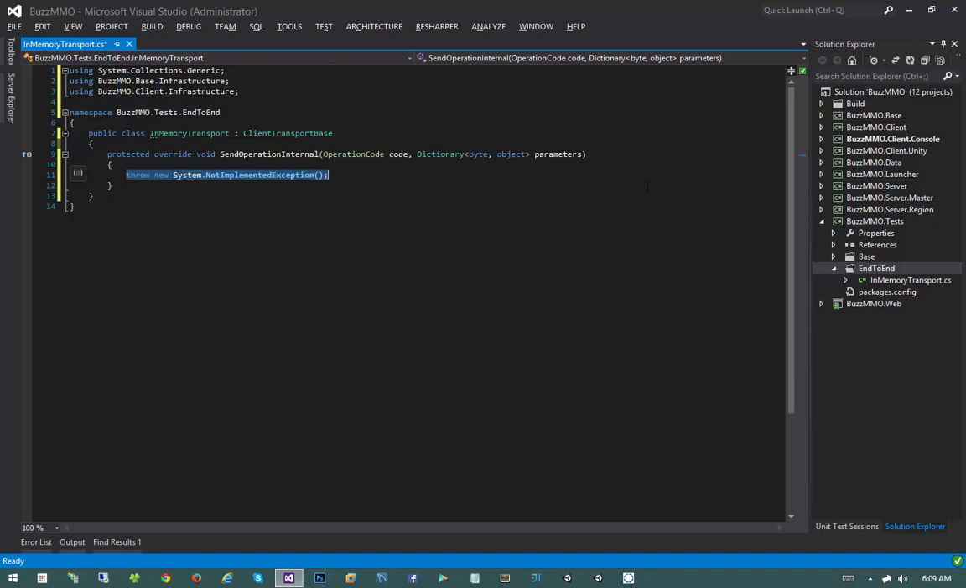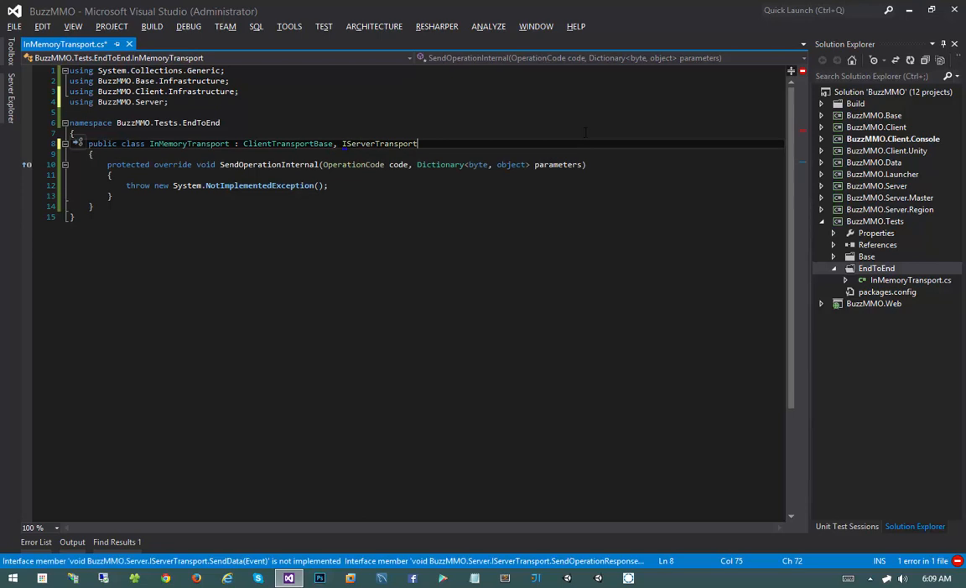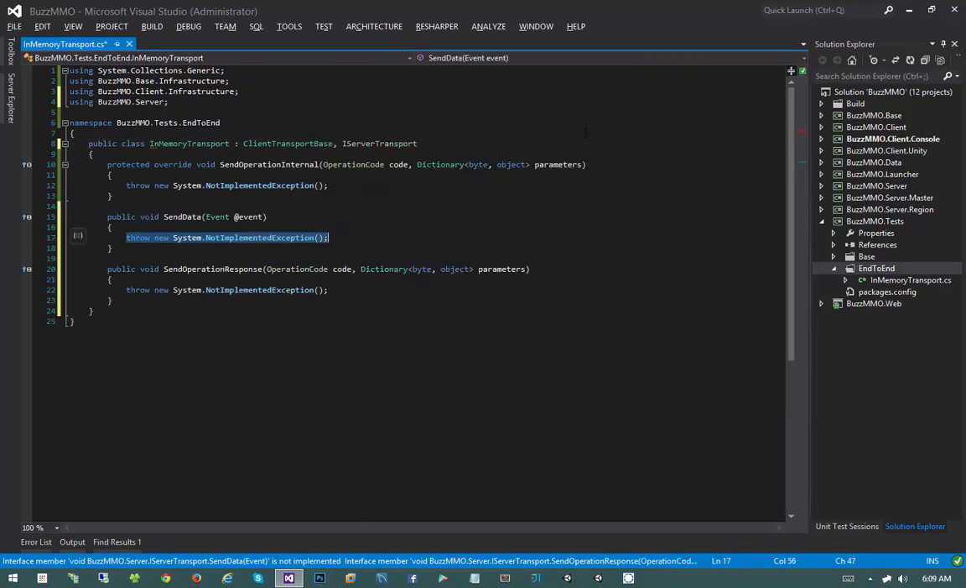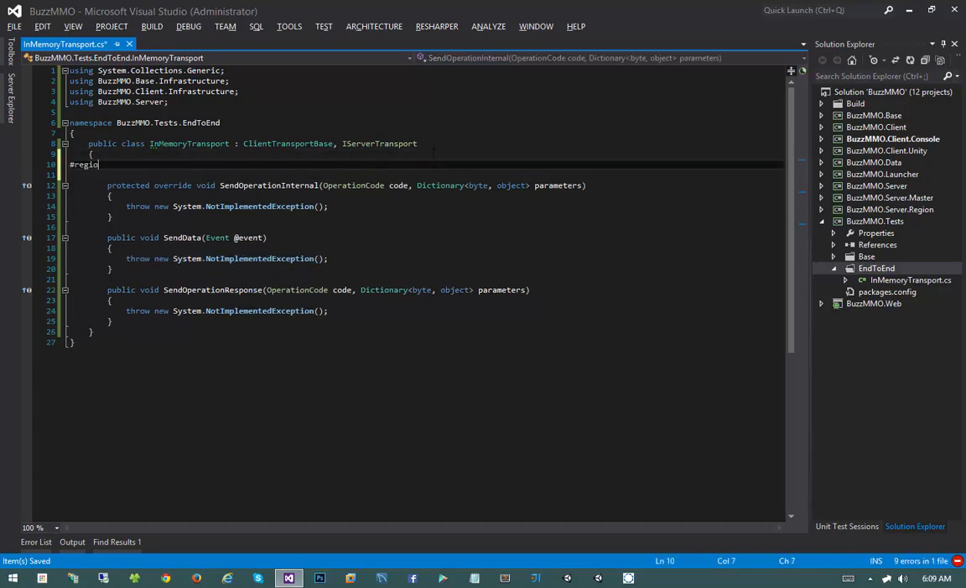Before I do that though, I do want to go ahead and implement the other interface. So now we implement IClientTransport, which is good. So let's go ahead and also implement IServerTransport. And then we'll go ahead and implement its members as well. And its members are send data and send operation request. So what I will go ahead and do is just make things a little bit more clear